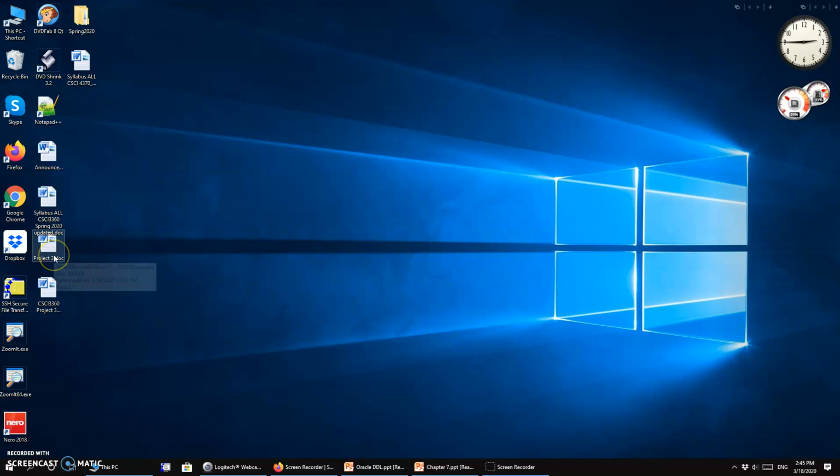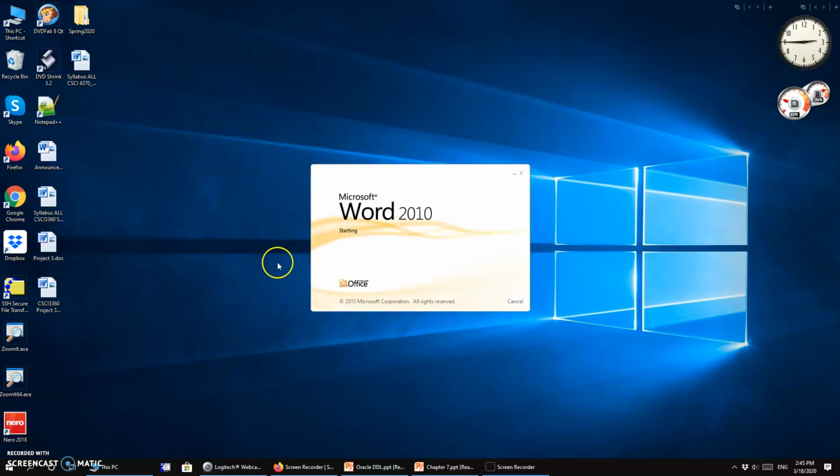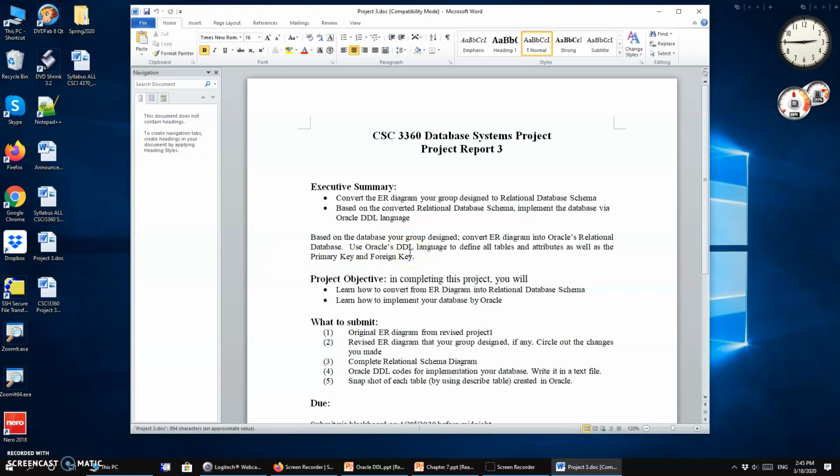The next thing that I want to discuss is about a project. So project number 3, as I have previewed for you guys for a long time, is actually a crucial step to really implement what you have designed in your project 1. So in project number 3, basically I want you to convert the ER diagram, your group design, into relational schema diagram. And then based on that, I want you guys to write the Oracle DDL to really define that database